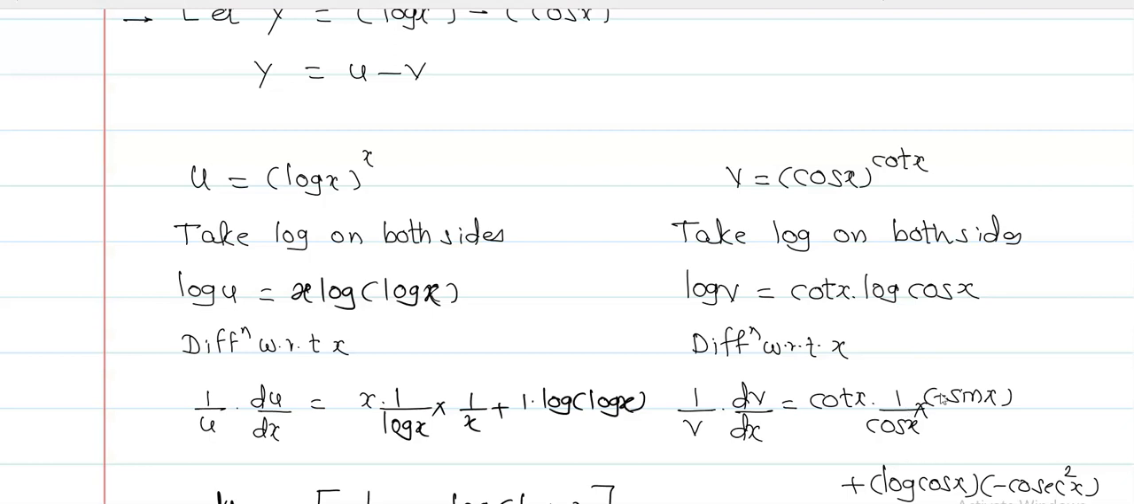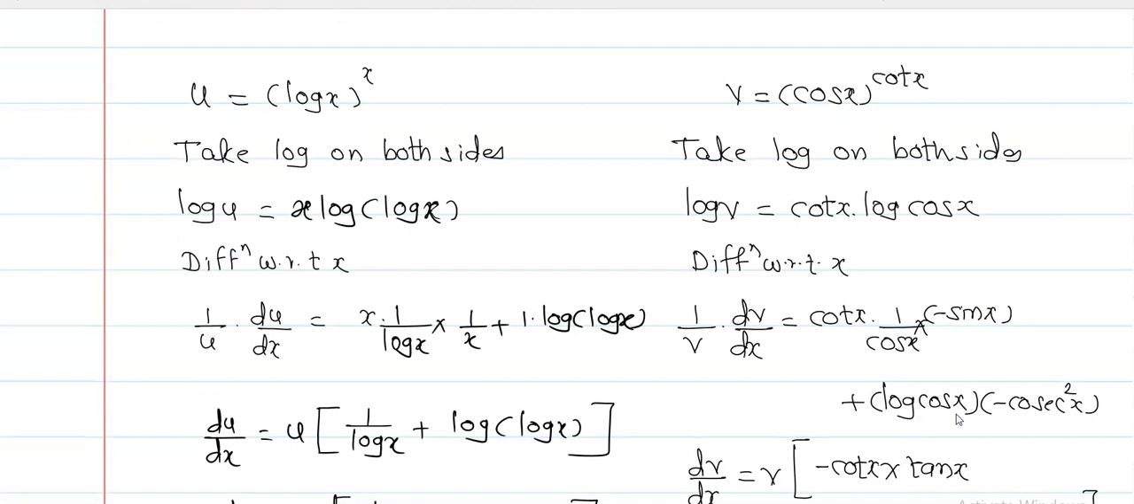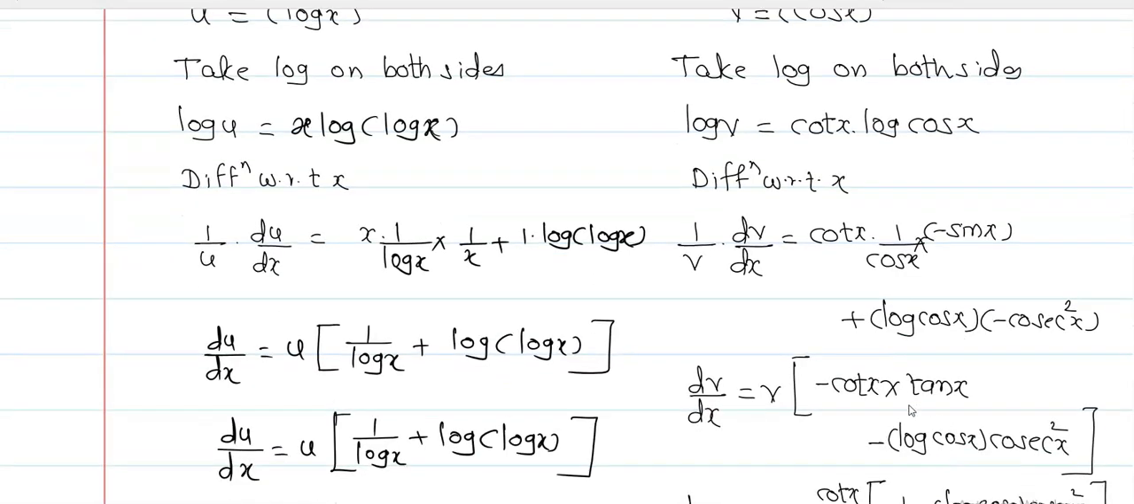That is 1 upon cos x into the derivative of cos x, which is minus sin x. And that's why you will get sin upon cos, that is tan. That is minus cot x into tan x, which equals minus 1. And next is the log of cos x, and the derivative of cot x is minus